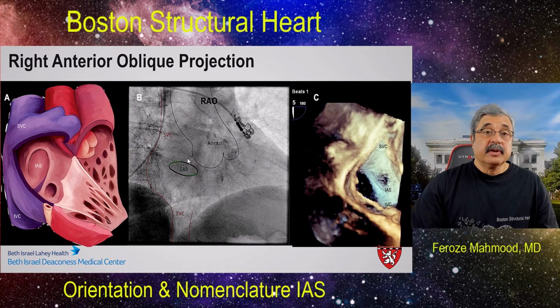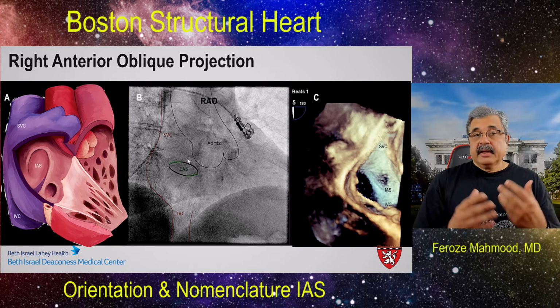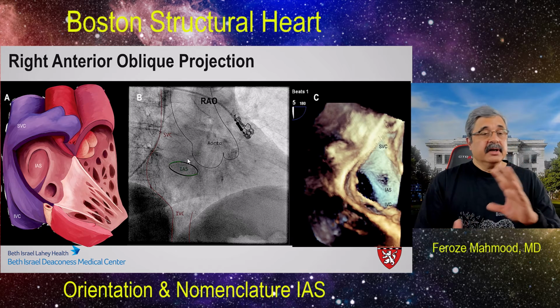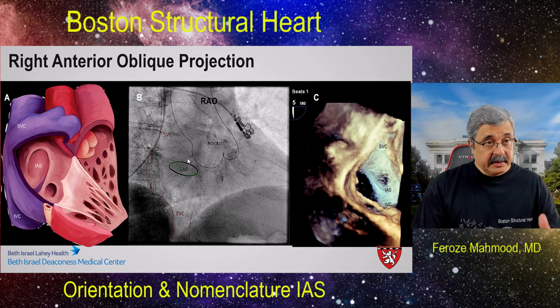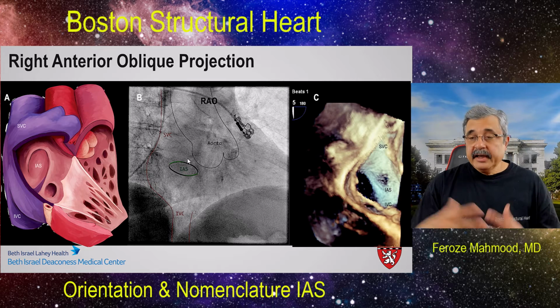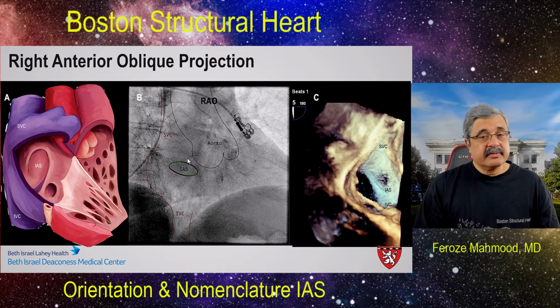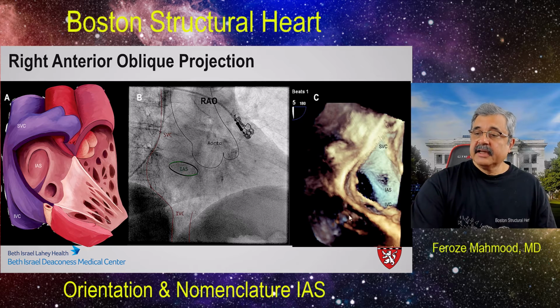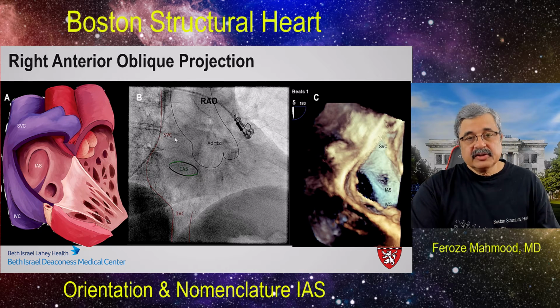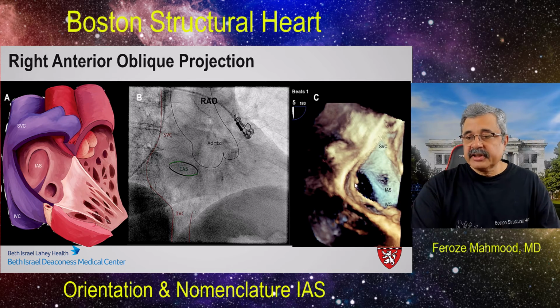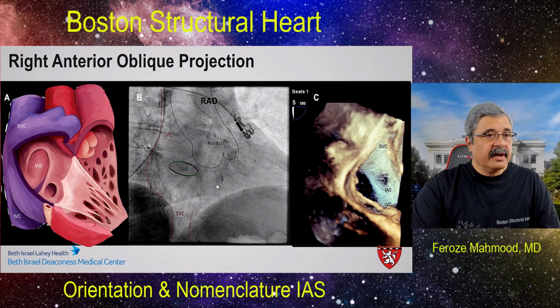The same goes for the right anterior oblique projection. If you get the 2D image, first flip left to right and upside down, and the machines allow you to do that, and then do a three-dimensional reconstruction, you'll get an image that conforms exactly: the superior vena cava exactly in the same location as the inferior vena cava and the inter-atrial septum being seen en face in the right